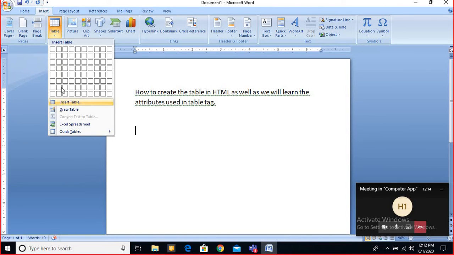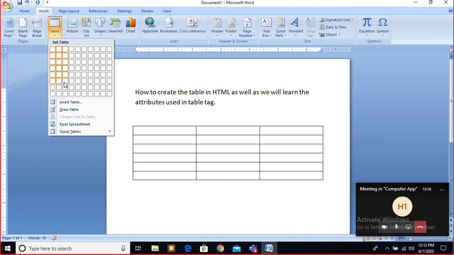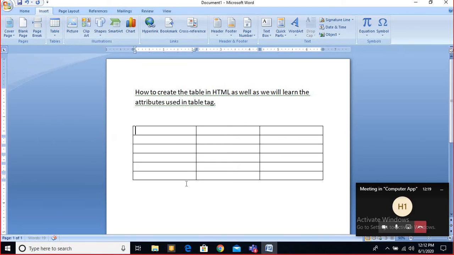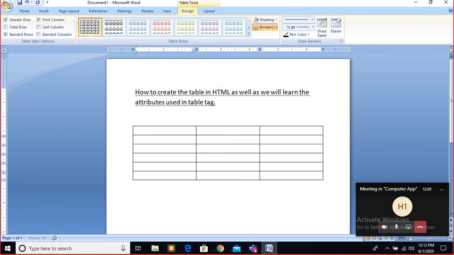Let's say I'm drawing this one. I have taken the serial number, city, and then I have written population. Let's say 1, 2, 3, 4, 5. Then here I have written your city.